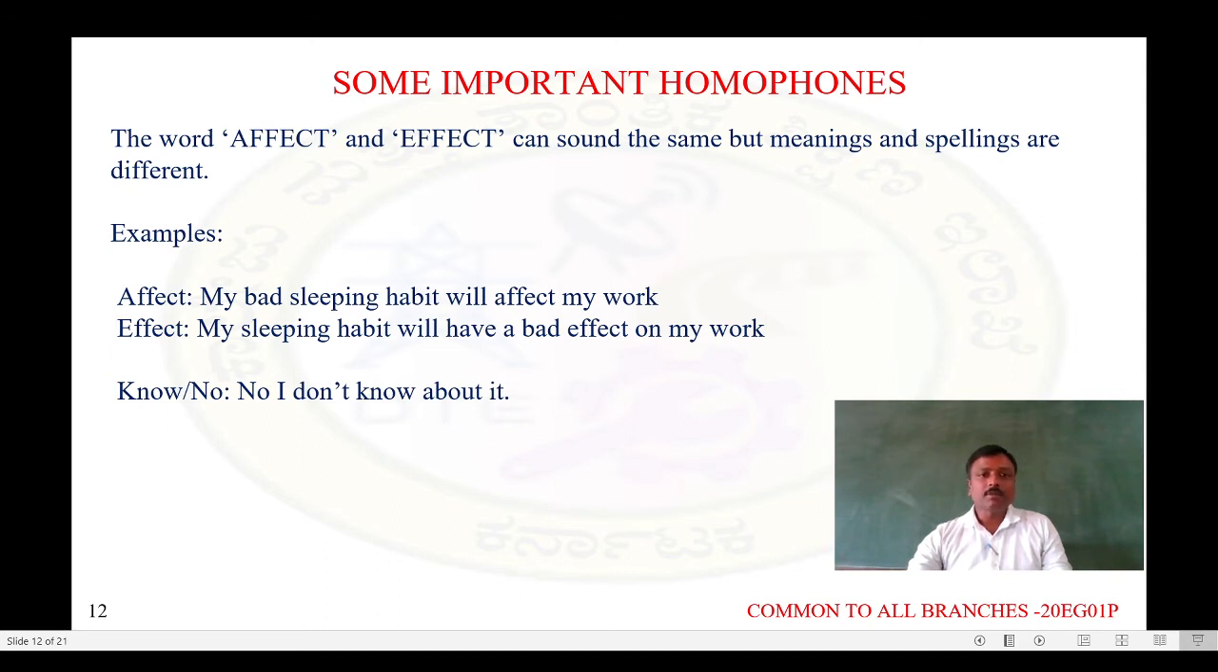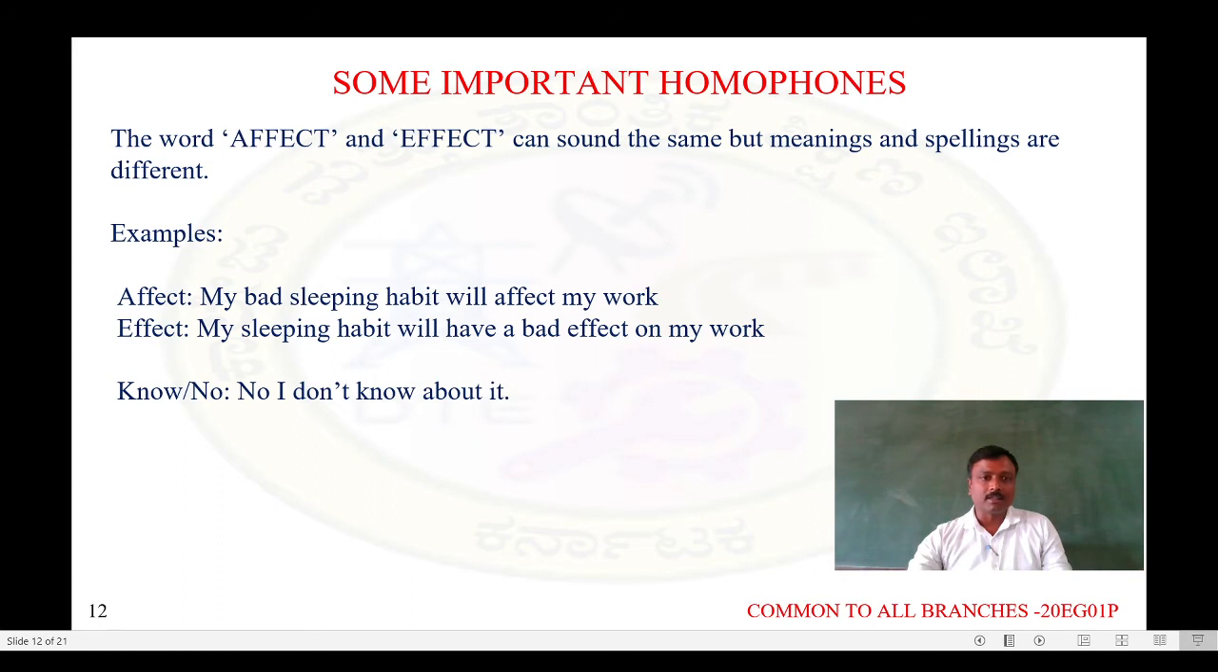My sleeping habit will have a bad effect on my work. So here also, effect is going to give the meaning of a difference or change in something. Prabhava beerodu annodagatte in Kannada. So like this, homophones are those words which have the same pronunciation, same sound, but they have different spellings